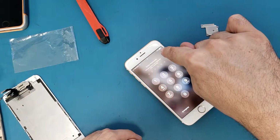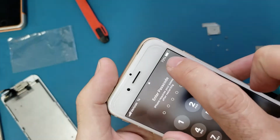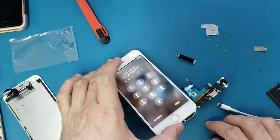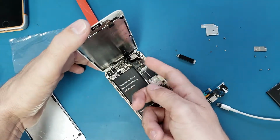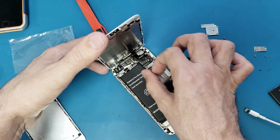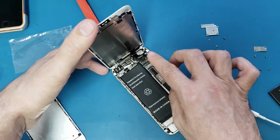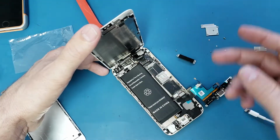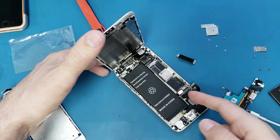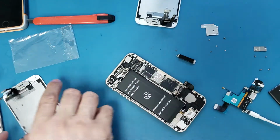As you see here, it's not charging. No charging sign. Also, these cables are disconnected here just to avoid any kind of damage or shortage on the motherboard that may be caused by these two cables here. So what I'm gonna do now, I will disconnect the battery, disconnect the LCD, and I will